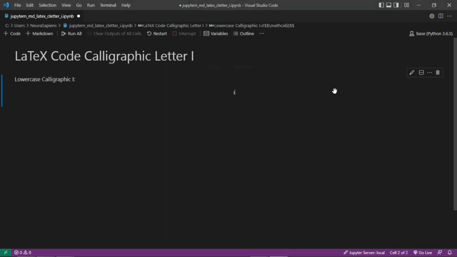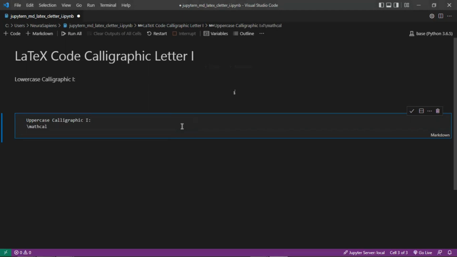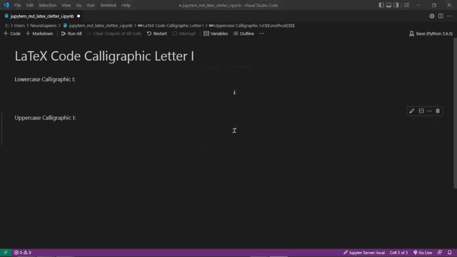Jupyter Notebook Markdown cell. So we can also have a look at adding in the uppercase calligraphic I, and we'll use the same command mathcal, so mathcal, and we'll input in this command a capital I and add $$ symbols before and after the LaTeX code. So now when we run the cell, we have uppercase calligraphic I here, centered in the middle of the Jupyter Notebook Markdown cell. So this is how to add the calligraphic letter I to Jupyter Notebook Markdown cell using LaTeX